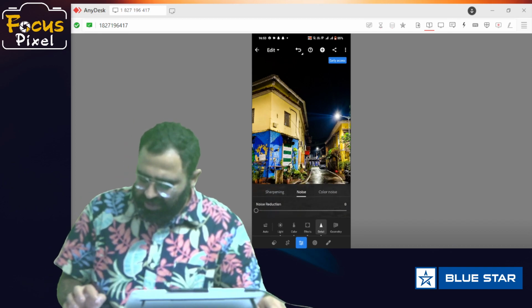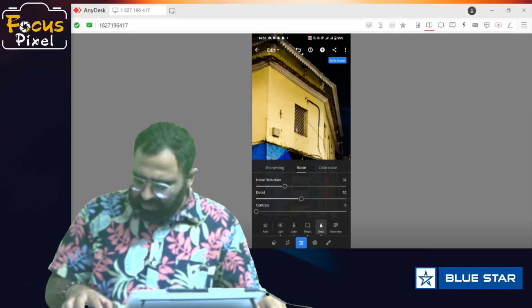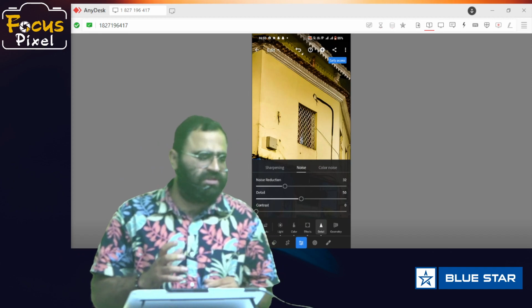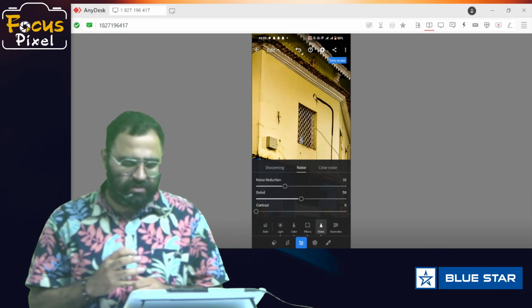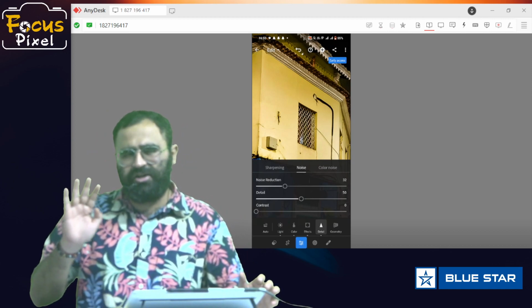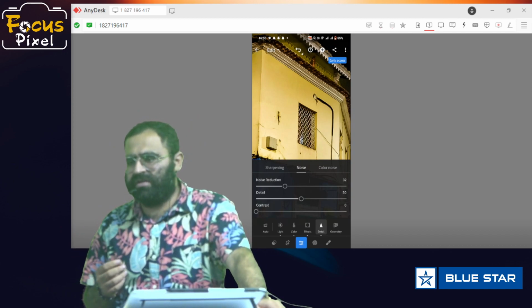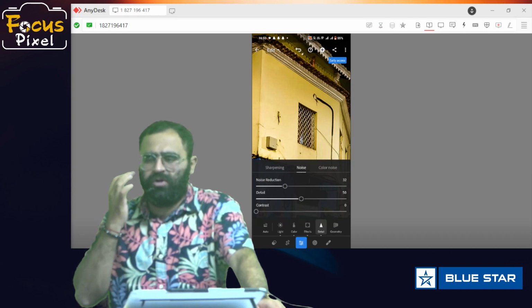Same with the noise reduction. Now what does noise reduction do? When you click a photograph, there is some noise in the color, so you can reduce that noise and it will create a soft look when you are working with portraits. So there are some unwanted wrinkles.